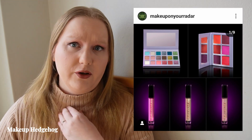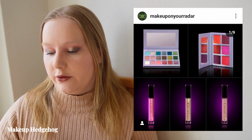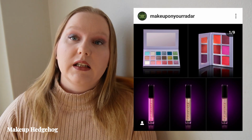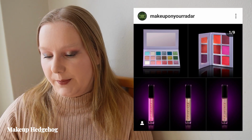I do have to say that I actually like it. It's not a complete rainbow palette, but there are some blues, and also some very spring-like paler colors in this one. So again, I'm going to wait and see if this one is available at the Monolith shop and what the price is, and if it's reasonably priced, then I could be tempted to try this out,